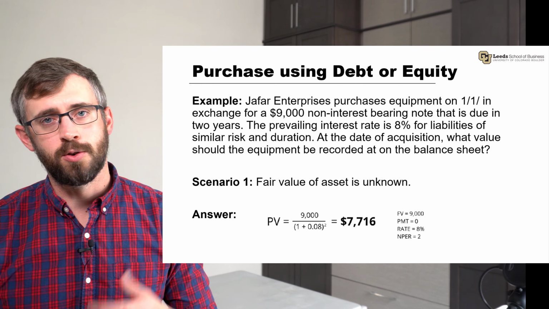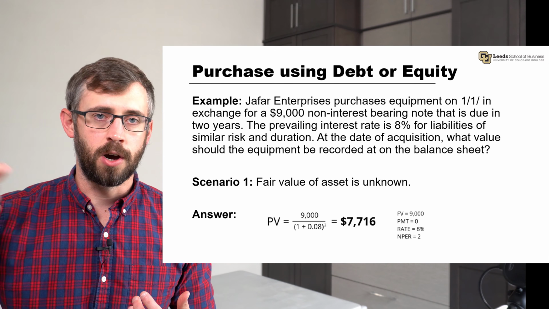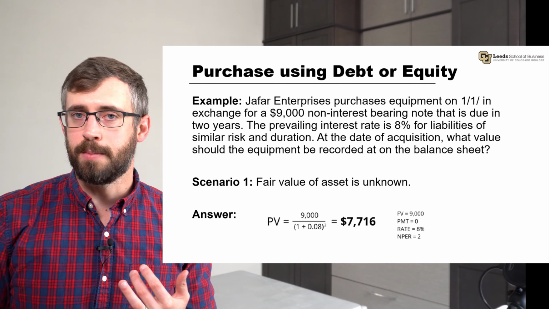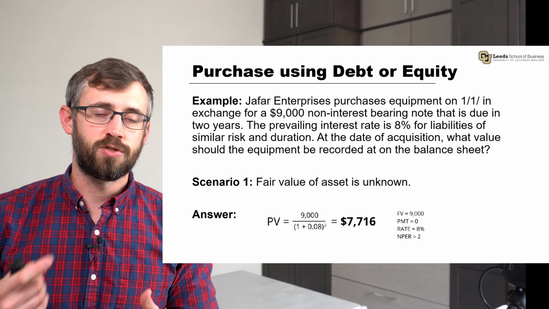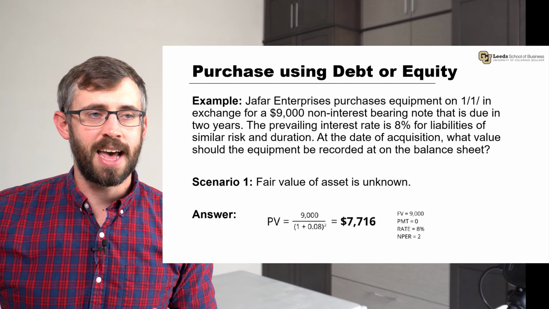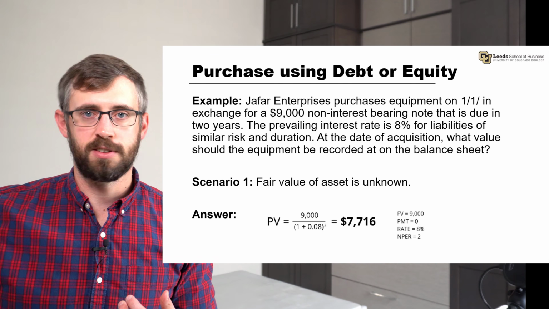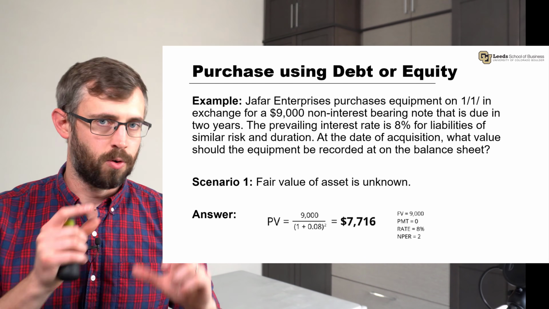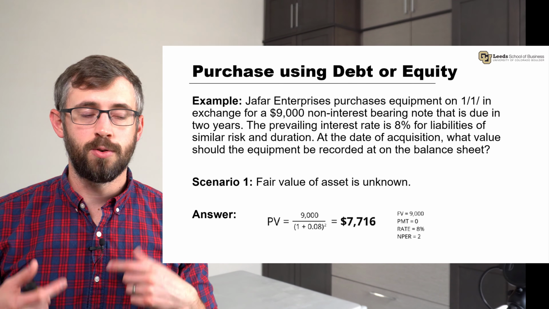So you can plug this into Excel and we can go over this in class. But let's say the future value of the note, what we're going to pay in 2 years, is $9,000. In between there, I'm going to make 0 payments, so my payment term is 0. My interest rate on similar notes is 8%. And the number of periods I have, assuming we're compounding annually, is 2. So we have 2 years in between now and when I pay the note. If you plug all of that into Excel, or you can do a present value formula if you want, you can see that the present value of the note is